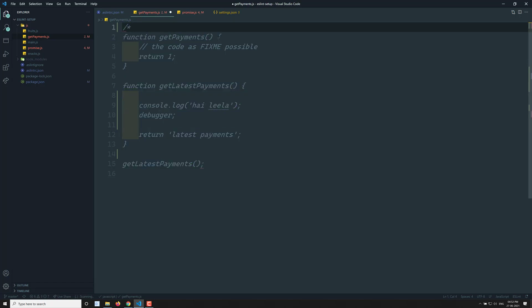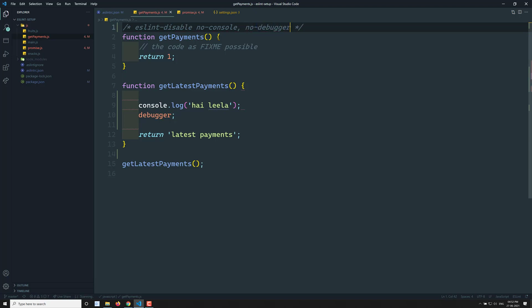So here I can write eslint-disable, and then I can write the first one, no-console, which is the rule you should not obey, and another one, no-debugger. I can write it like this. Only these two errors will be removed and will not show, and all remaining ESLint rules will be applied.